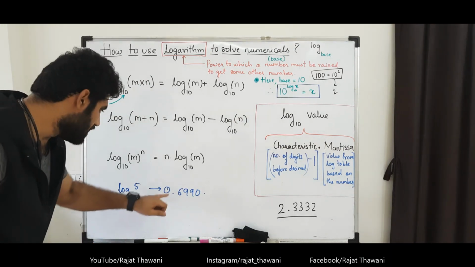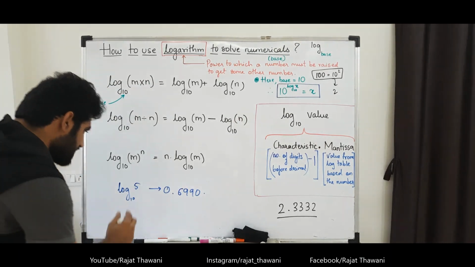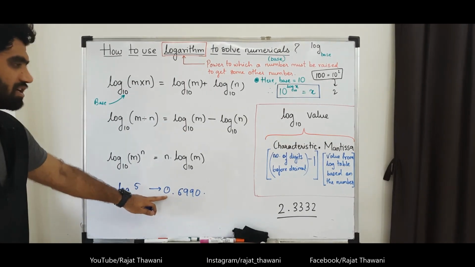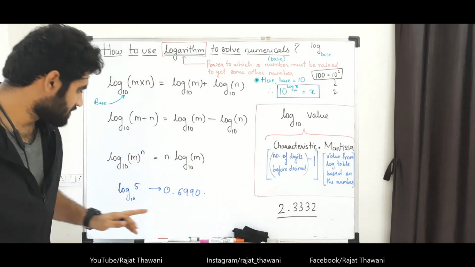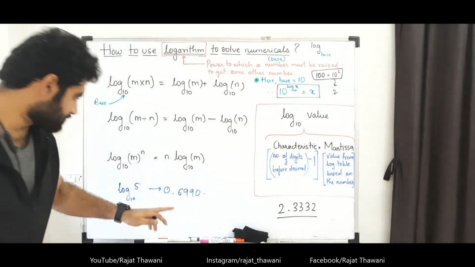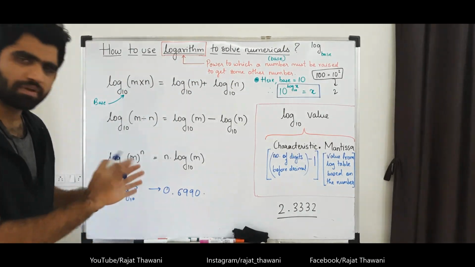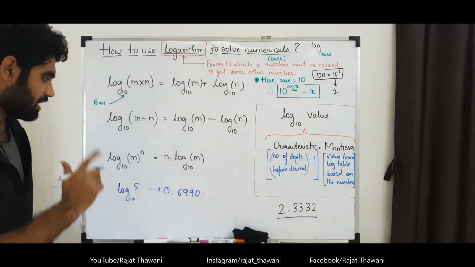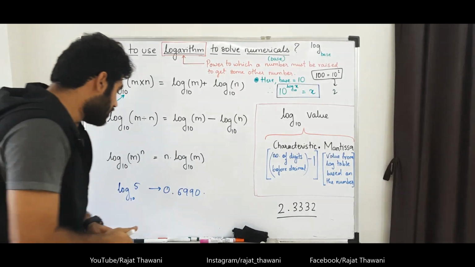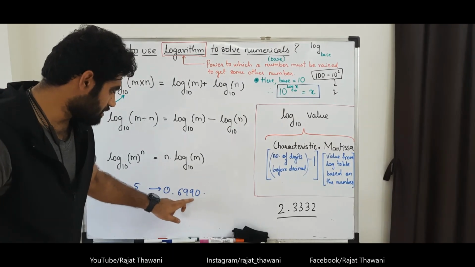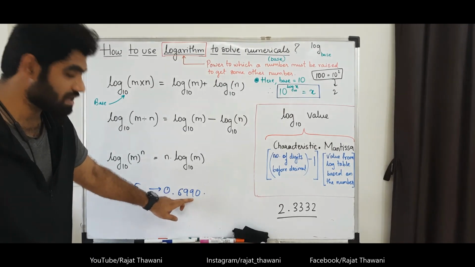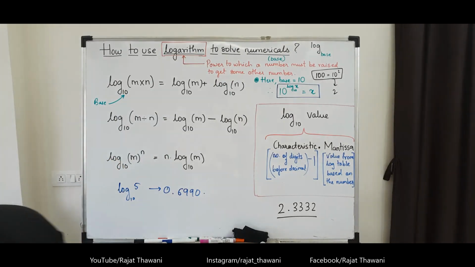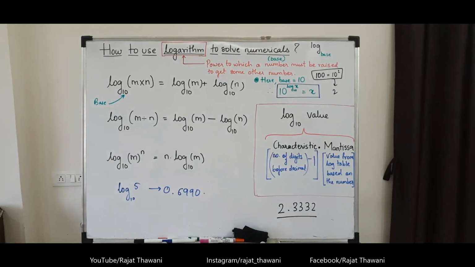In the same way you can go for antilog also. It means what I need to do, 0 plus 1. So it means after the first digit the point should be placed. There was 2.3332, therefore I had separated 2, and then further I multiplied by 10 raised to 2. But here there is 0, so instead of separating this directly, 0 plus 1, 1. It means after the first digit the point should be placed. 69,690, right? So after the point it is 69. So see for 69 in 9. Mean difference 0. Even if the mean difference is not given, it's understood that you will see in 0 only.